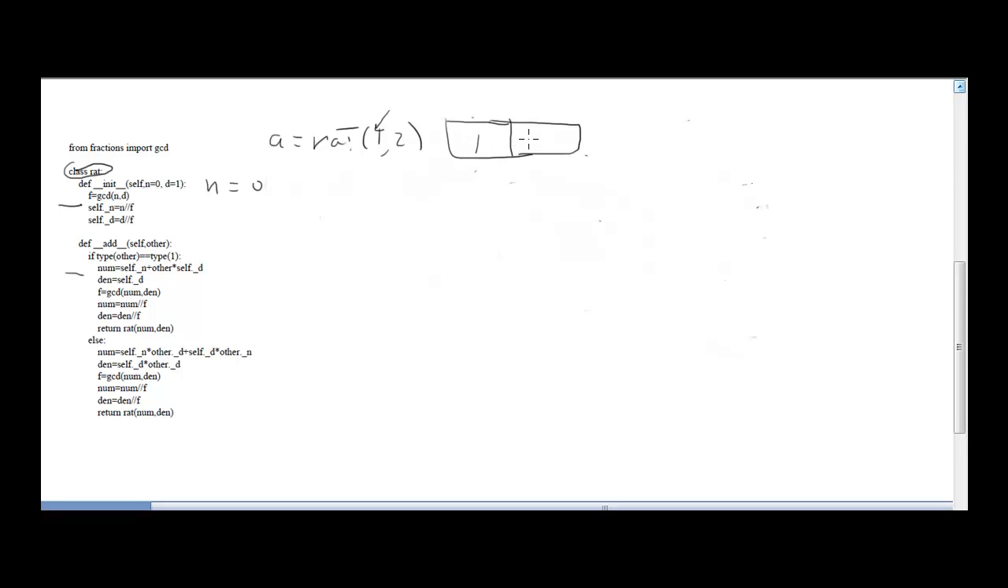So it's going to put a 1 over here and a 2 over here. Now, what are the names of these two data fields? Well, since this thing is referred to as self, it's going to be the particular rat I'm creating, which is A. So I'm going to refer to this field over here as self dot, and you'll notice over here it's going to have an underscore numerator, and so self is going to equal to